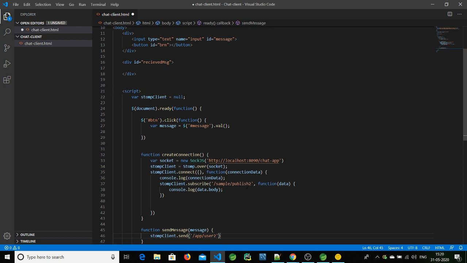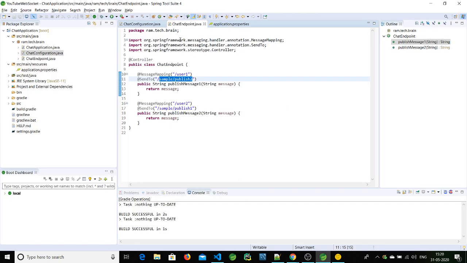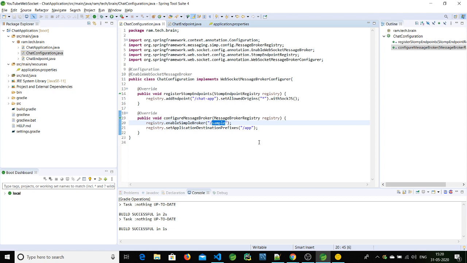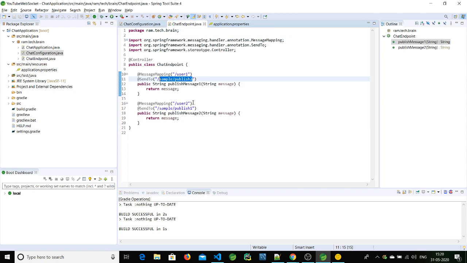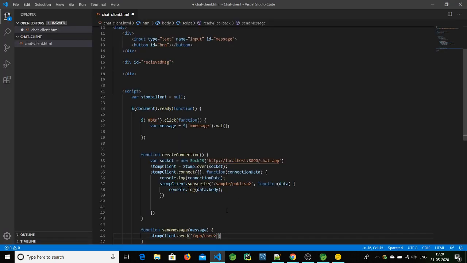We are 2, we have subscribed to the second one, and the app prefix we have added from here, and the endpoint URI is user 2. So the prefix user 2, the second argument will be a null object, there won't be anything, and the third one will be the message which we are publishing. So let's publish this message.